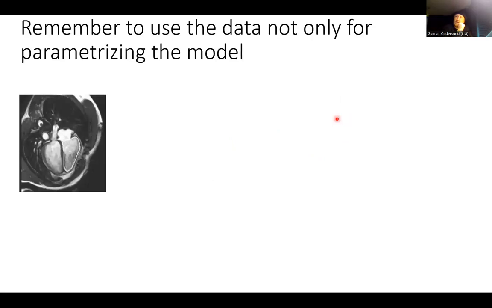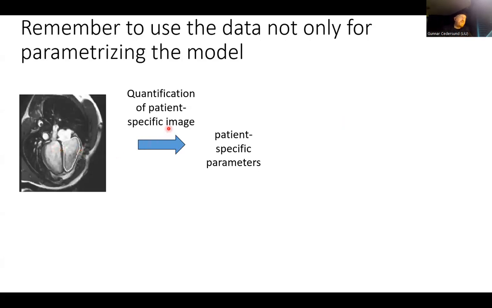So now let's hold that up to some common ways of using modeling. And I want to train you to have alarm bells going off in the back of your head if you see some of these examples. So a very common thing that you see in many conferences is that you have some kind of CT image or MR image of the heart. So you have different aspects of the heart. And then you might quantify these types of images to get a patient-specific anatomy and patient-specific parameters that go into the simulation of the model, to specify the way the model is set up.